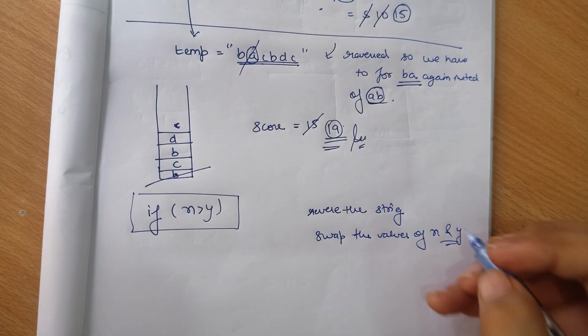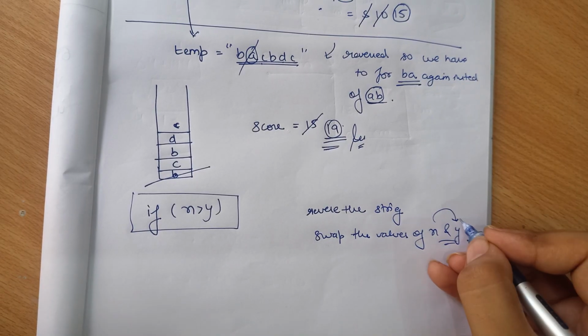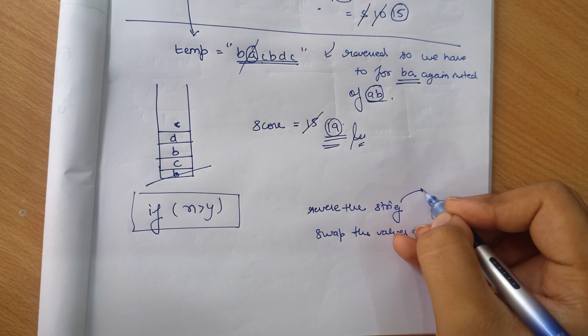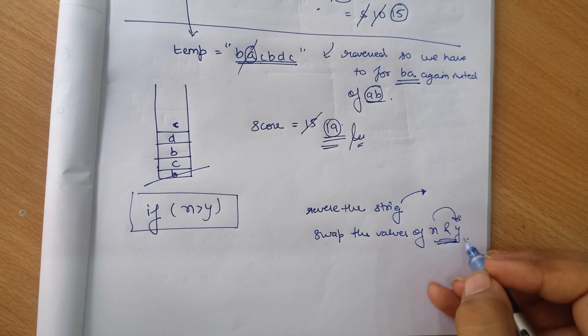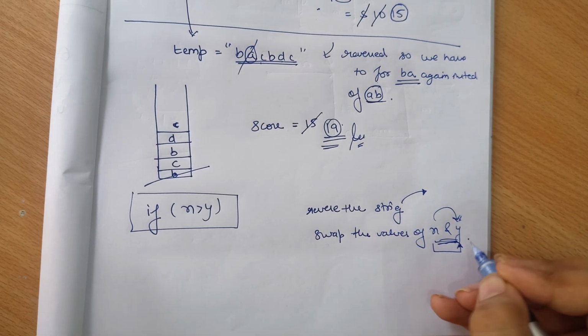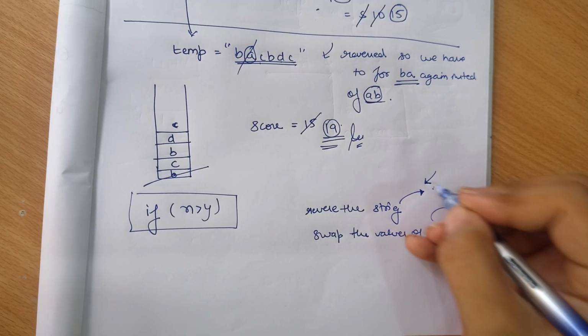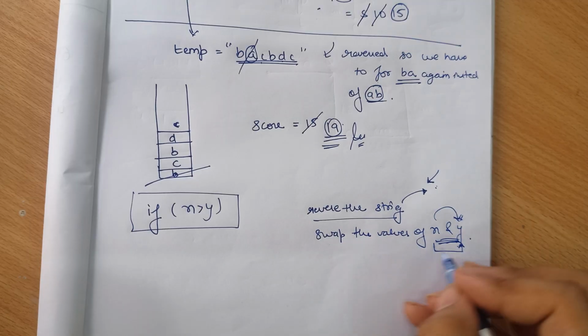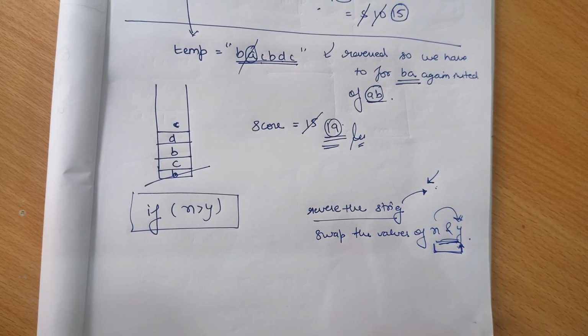So now we have to do the same thing for the reversed string and the swapped values. So now the greater value is again y, and we have to remove the BA first, as the string is reversed. So let's see the code and the explanation of each and every line. I will explain to you.